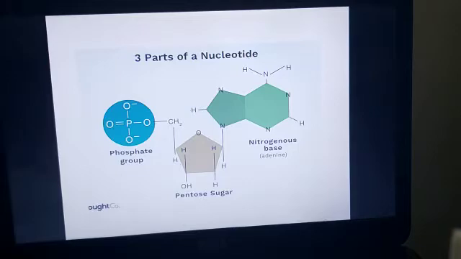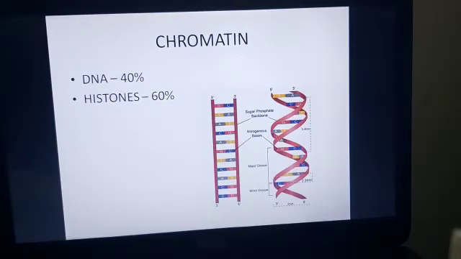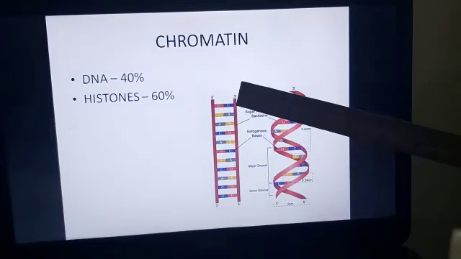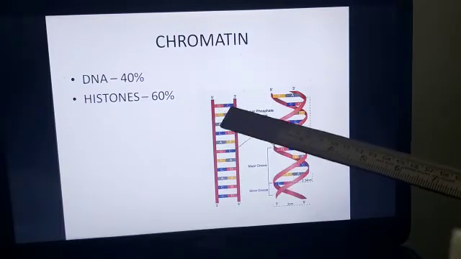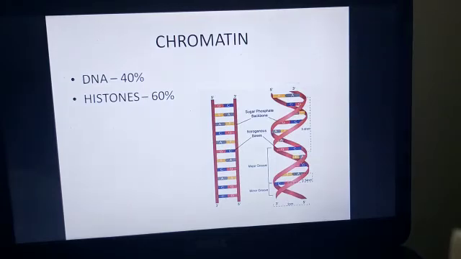Now here there are two strands in the structure of DNA. So here you can see this is how the structure of DNA is present. This structure is known as a double helical structure. So when you unwind the structure, your structure becomes something like this. And here you can see that G, C, T, A, these are the ones which are designated as nitrogenous bases.